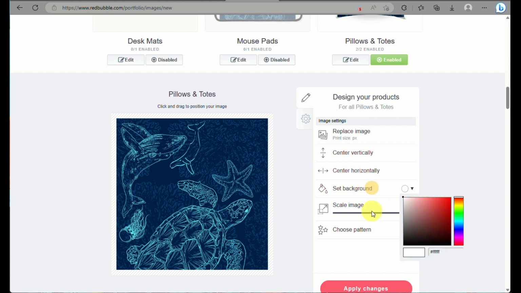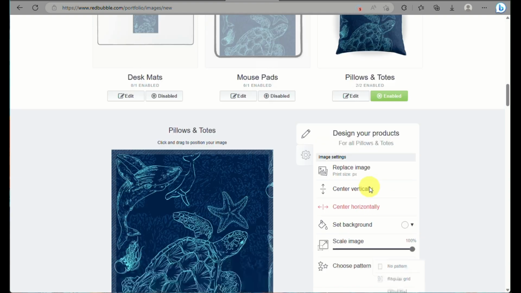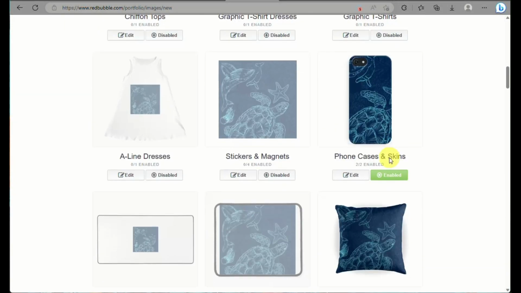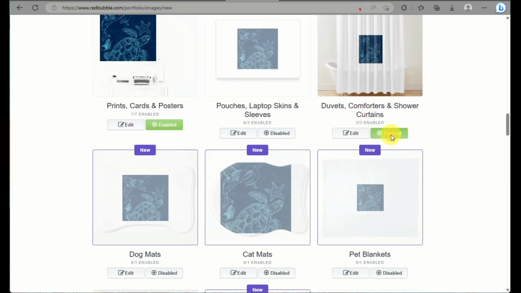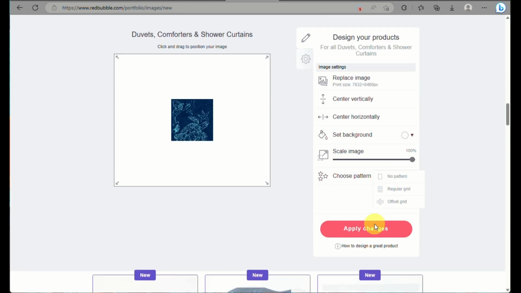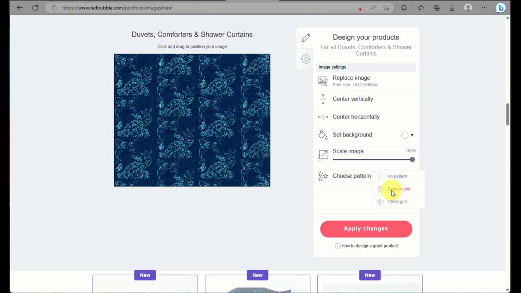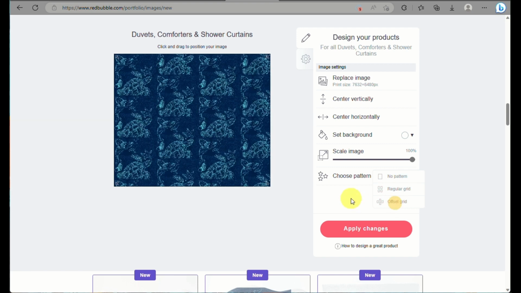Where if you don't want to have any spaces or gaps into your pillowcase, you can actually set the position into grid so that your design would be seamless and it would be all in one color. You also have this curtain here. So if you don't want that only one square into your curtain, you can actually set the pattern into offset